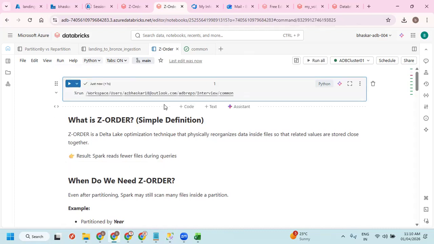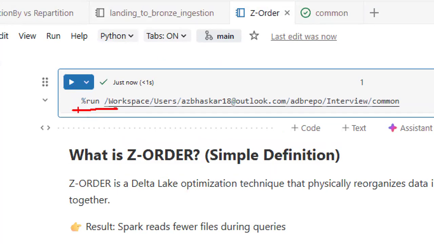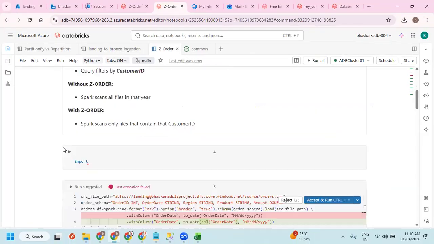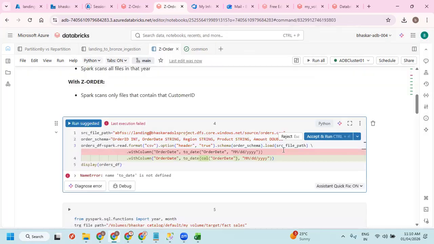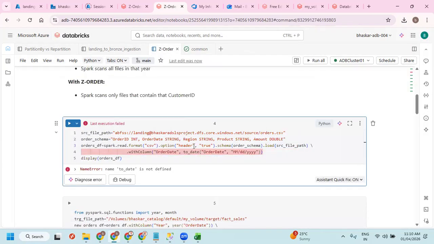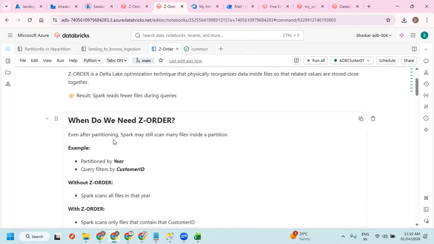Let me run it. So how we can run a notebook from another notebook is, this is how we are going to run it. If I run this one now, here I don't need to use this import again and reject this. Now this will be executed because this one is already done.